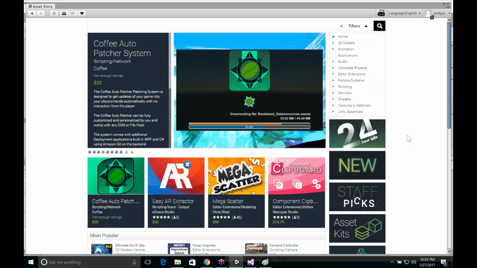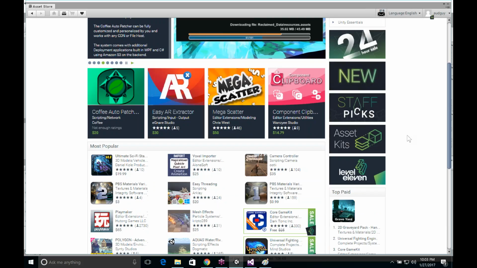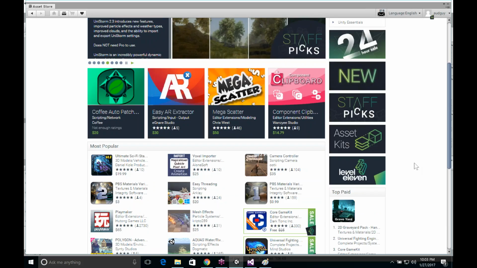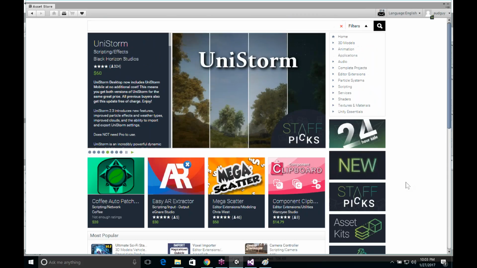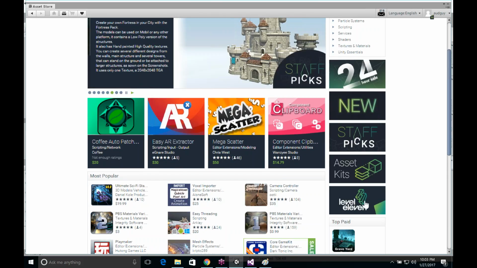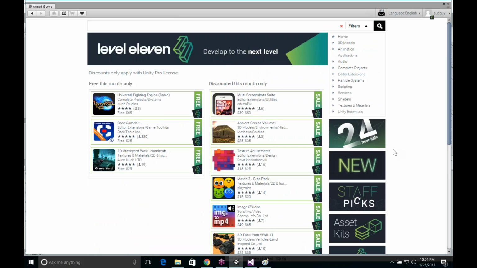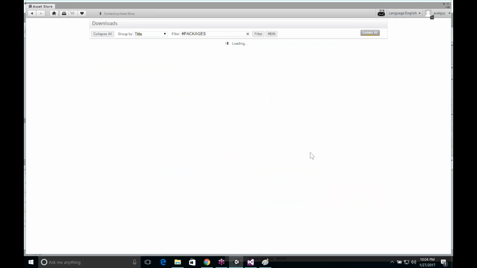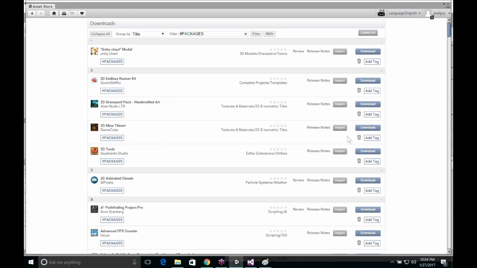I paid for the professional, and because they were nice people, I guess, they gave those of us who bought the full version access to this thing called Level 11, where they give us some free stuff every month. They've limited it down to 3. It used to be like 4 or 5. Yeah, I'm still getting stuff. But there are a few times that I've bought a few things where I just spent way more than